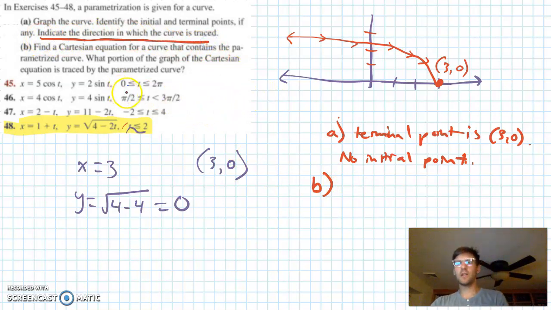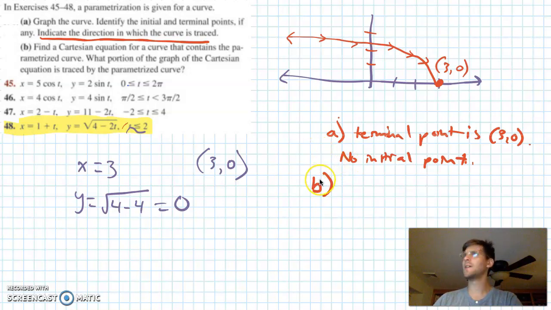Alright, so this next part may sound intimidating: finding a Cartesian equation for a curve that contains the parametrized curve. But all it's really saying is, can you figure out what the normal function that models that graph would be? So instead of being in parametric form, what would the xy form of that be? There are actually a lot of different ways that you can approach this,